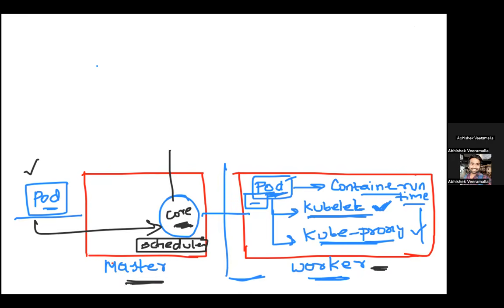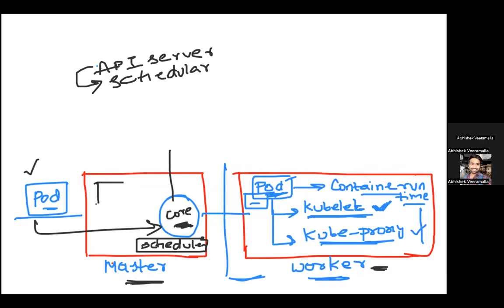Okay, so what are the two things that we have learned till now? One is the API server. The second thing that we learned is the scheduler. The scheduler is basically saying go and schedule this on node 1 or node 2. It is receiving this information from the API server. After this, let's say that we are deploying production level applications on this Kubernetes cluster. There has to be a component inside your Kubernetes that basically acts as a backing store of the entire cluster information.